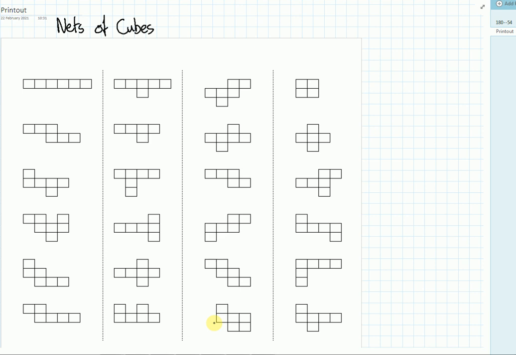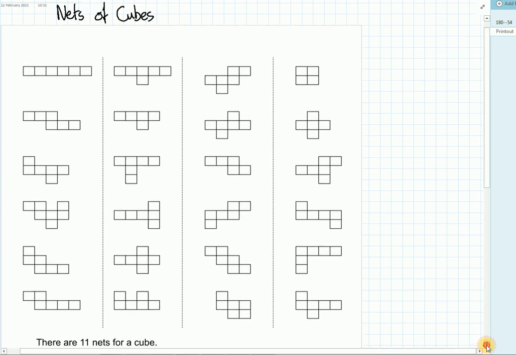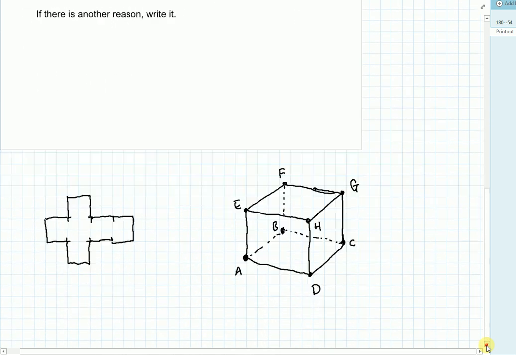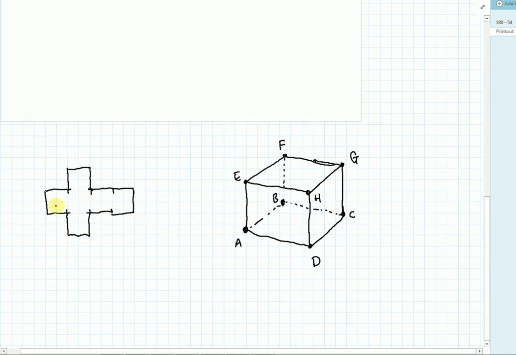Okay, in this lesson you're going to be working on nets of cubes. We're going to try and get you to the point where you're familiar with all 11 nets of cubes. There are 11 of them, and I'll give you a way of being able to link one net of a cube to another, which also helps me label nets,